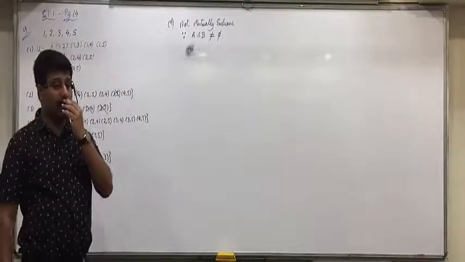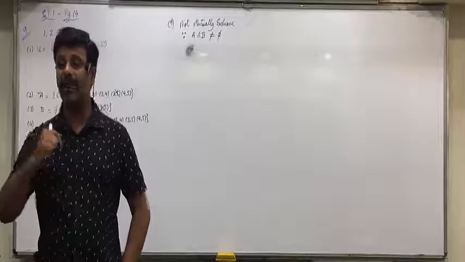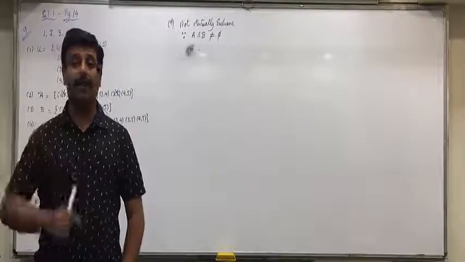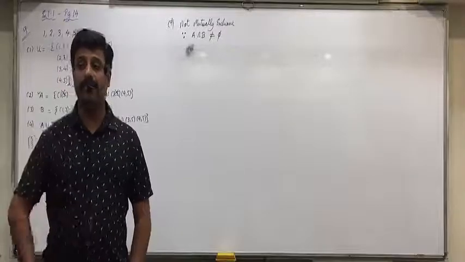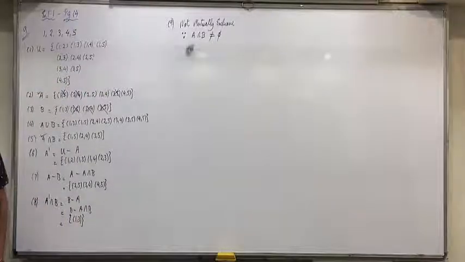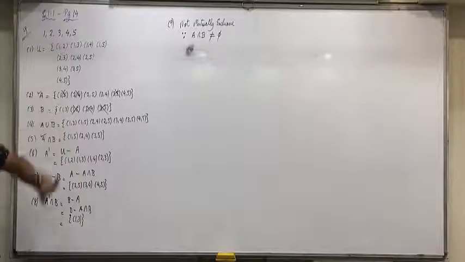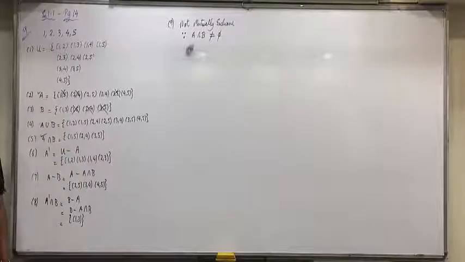Okay, if the question was asked, are A and B exhaustive? Then raise your hand. What characteristic did we study for exhaustive events? A union B equals the sample space. Do you find A union B as the entire sample space? No. So they are not even exhaustive. If it is asked, you'll have it in the homework questions.